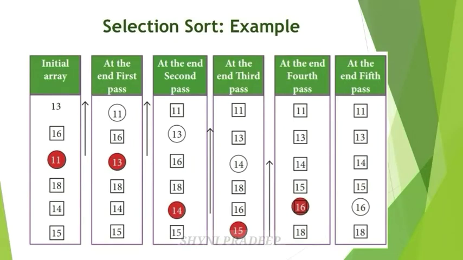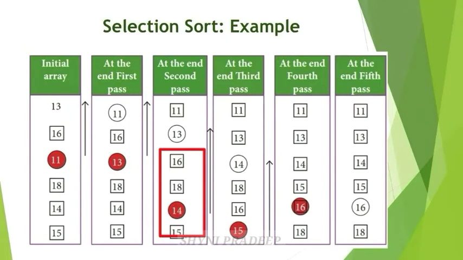So this is the first pass, or you can say this first iteration. Okay. Now this element is in the right position. So this is a sorted element. These are unsorted elements. Now you have to leave this element because this is a sorted element. So you concentrate on these elements. Okay. Check the next smallest number. 13. Okay. This is the next smallest. So you have to exchange. This is the second pass, second iteration. So now these 2 elements are in sorted order.